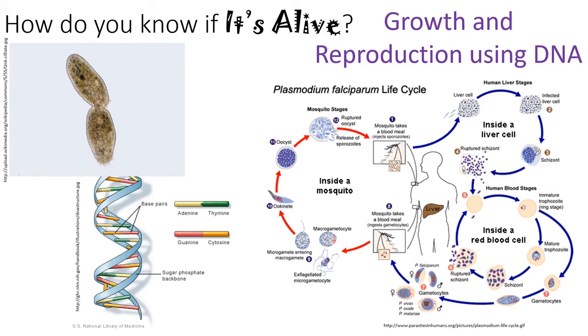Eventually, it makes a gametocyte, which are kind of the sperm and eggs. It moves those around for a while. Eventually, another mosquito bites this poor person. And in parts of Africa, you can get 100 infectious bites a day. It's terrible. So then the mosquito pulls out the gametocytes and they end up moving into the salivary glands of the mosquito and joining together and growing in the salivary glands, forming an oocyst, and then releasing more sporozoites, and